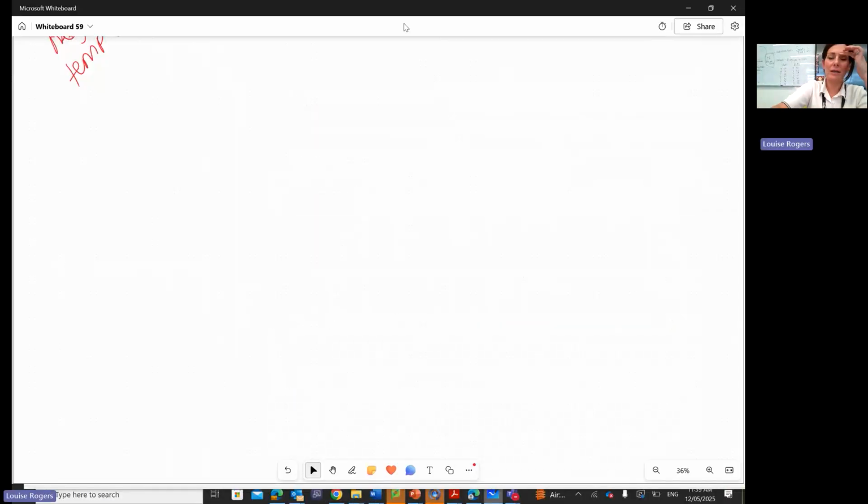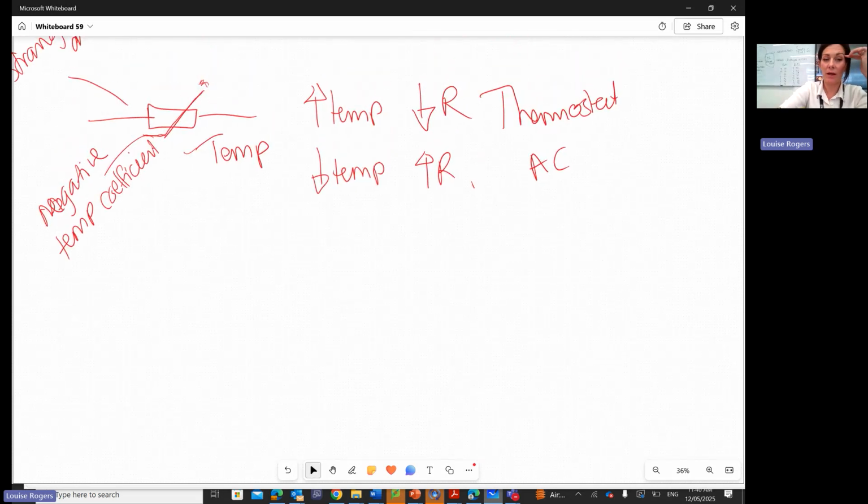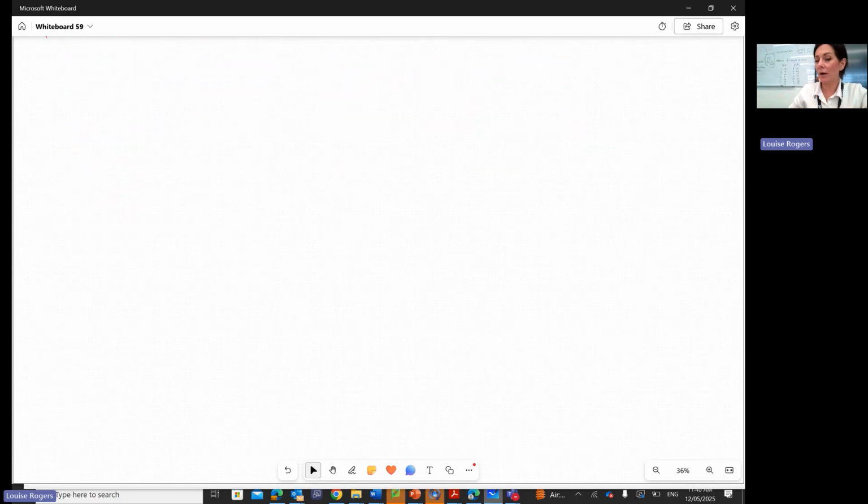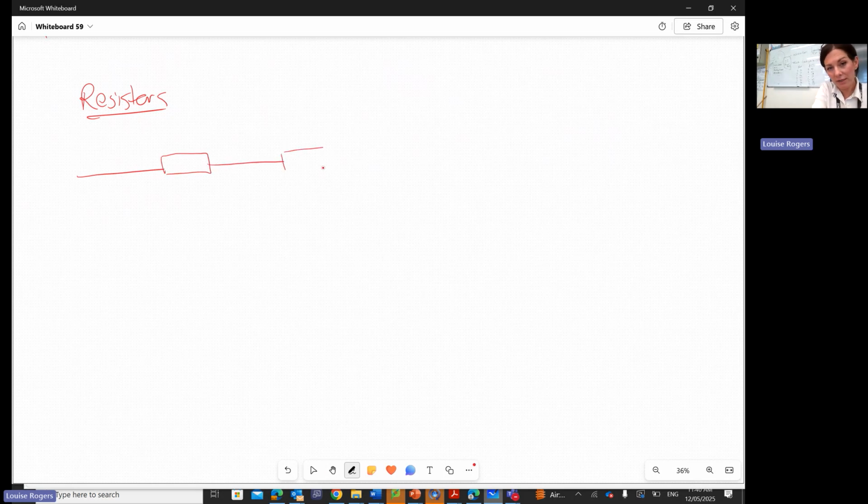We finished off last time ending with the types of components that we can have in a circuit. We talked about an LDR and a thermistor. What I want to talk about now is, first of all, resistors generally. Okay, so resistors, if we're going to draw them, they look like this, don't they? And they can go in series like this, or they can go in parallel like this